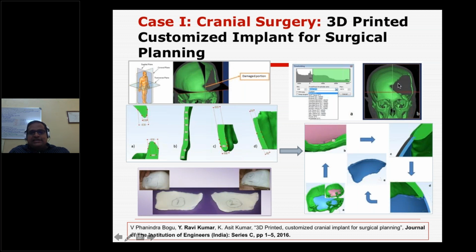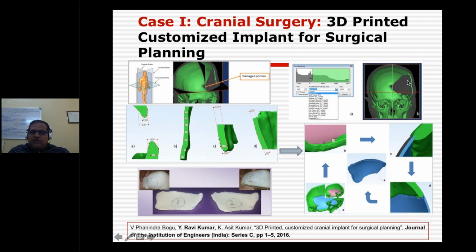And the challenge here is the thickness of the skull is not uniform. So we need to mimic the patient's skull geometry and dimensions, and we must get close, tight tolerances. Why do we need close tight tolerances here? The implant should fit correctly. Why?